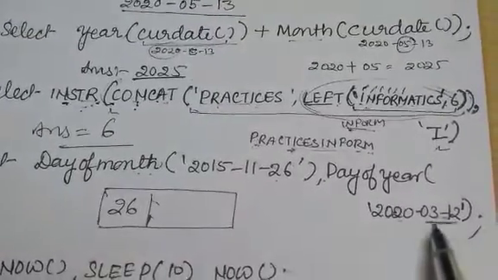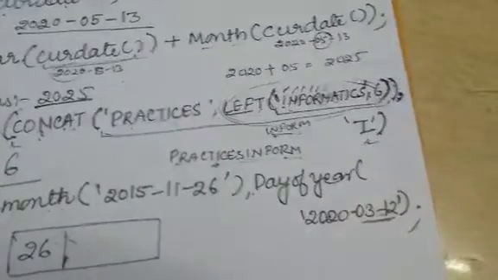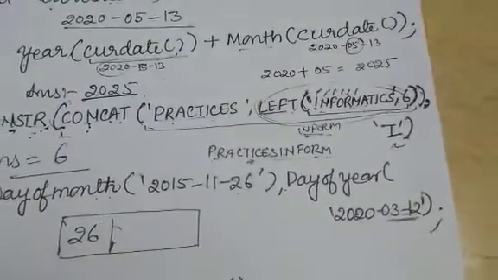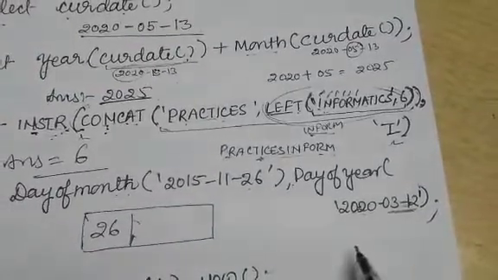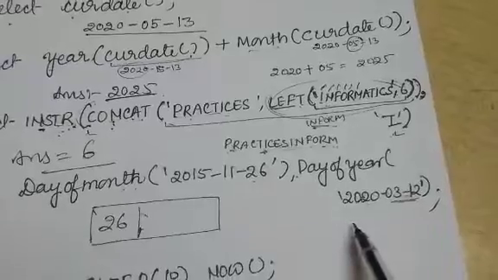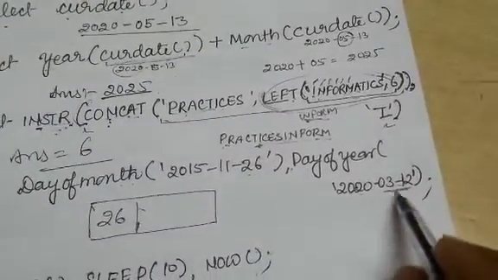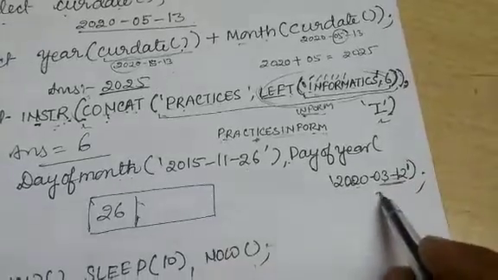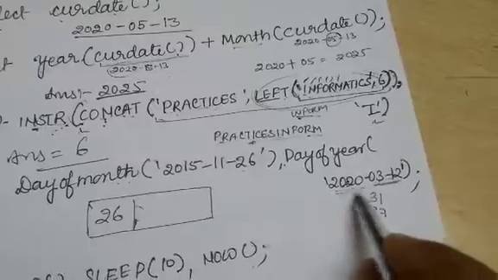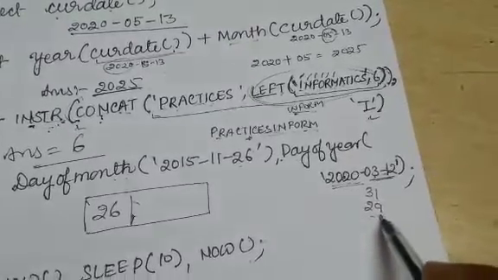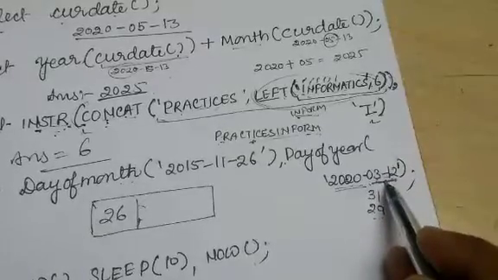Now this is 12th March. So day of year counts from the beginning of the year, that is first day as 1st January and last day 365th day if it is not a leap year, as 31st December. So it will go on adding. So it is 12th March. So 31 days of January, then 29 days. It was 2020, so 2020 had 29 days. So 29 days here. And 12 days of March.